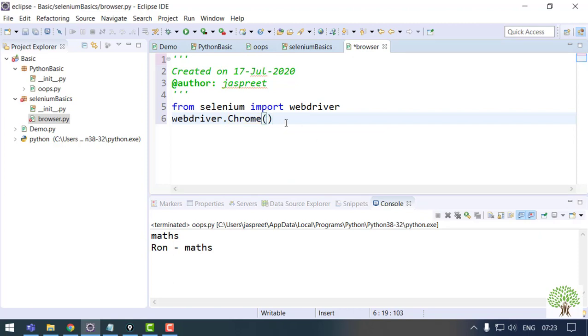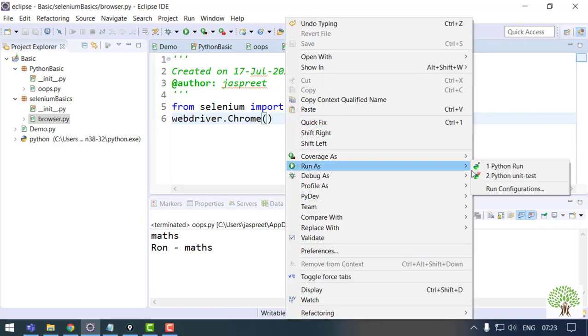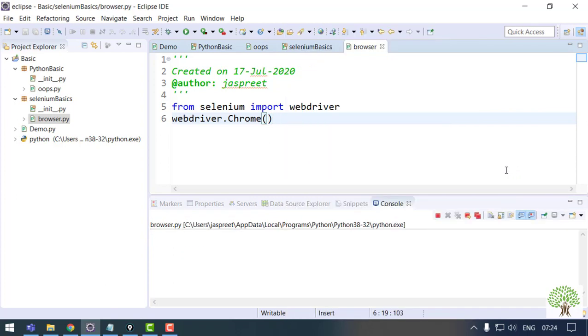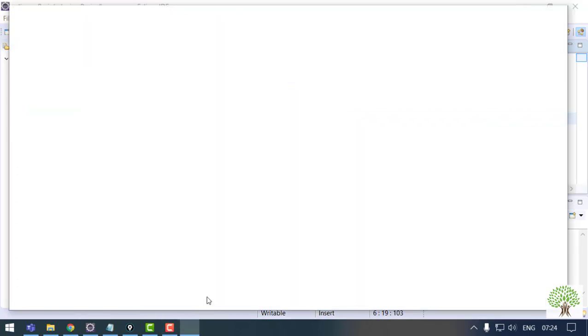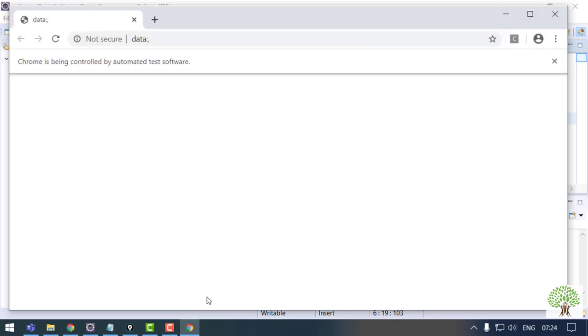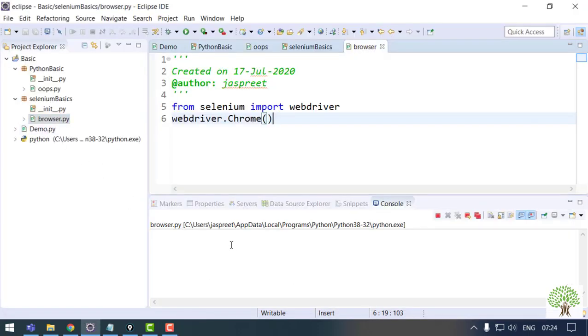Nothing else you want to do to open a particular browser. If I'll run this, run as Python run, it will open up a blank Chrome browser for me. Just wait, it's opening. You can see it opened and closed immediately as the execution was over.